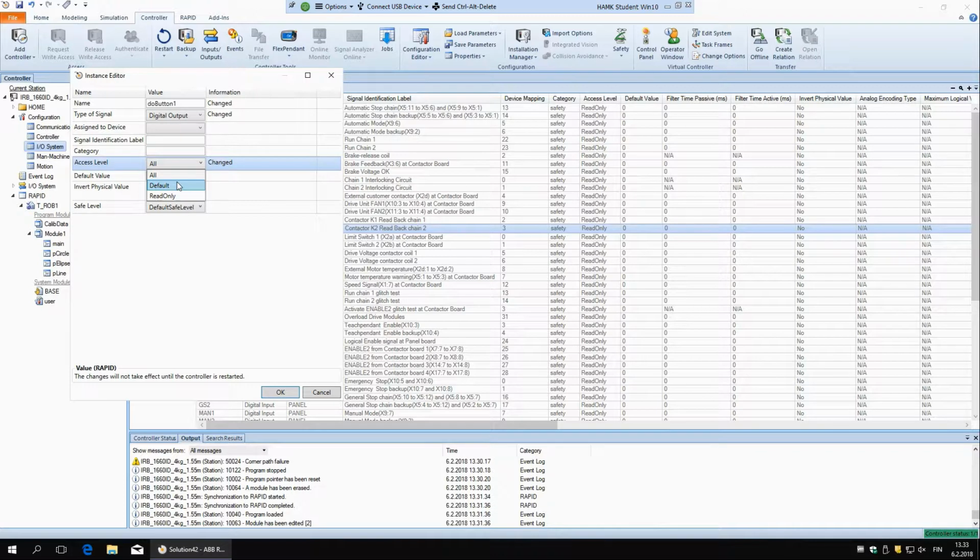It's more important than for inputs, because if it's read only, then you can't change it manually by clicking on it. Only the program can change it. But I'll demonstrate that in a moment when we finish all of this. And now okay,